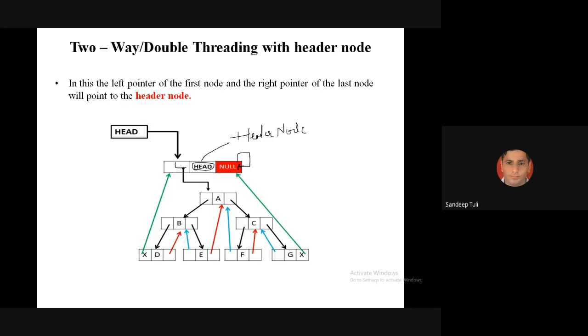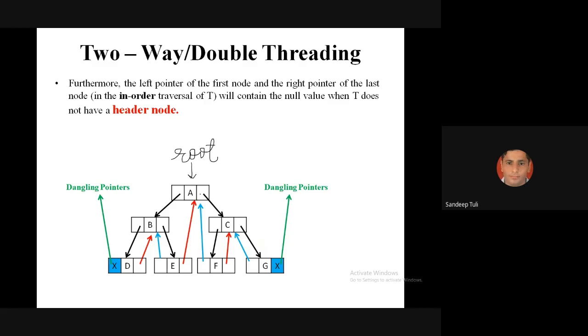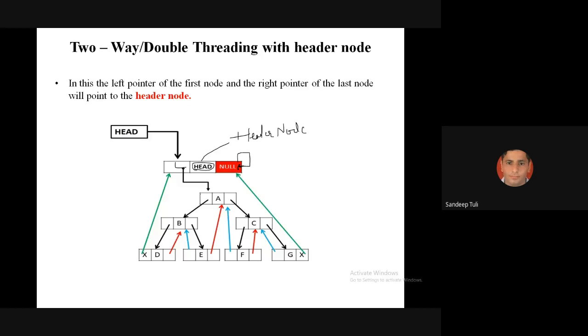Yes, sir. So instead of root equals to null, it will be head left is equals to null. क्योंकि रूट में क्या होता था? फर्स्ट नोड का एड्रेस हुआ करता था, सो वो नल होता था. यहाँ पर फर्स्ट नोड का एड्रेस इज इन द लेफ्ट ऑफ हेड नोड, सो वी विल से द हेड लेफ्ट इज नल. इट मींस की